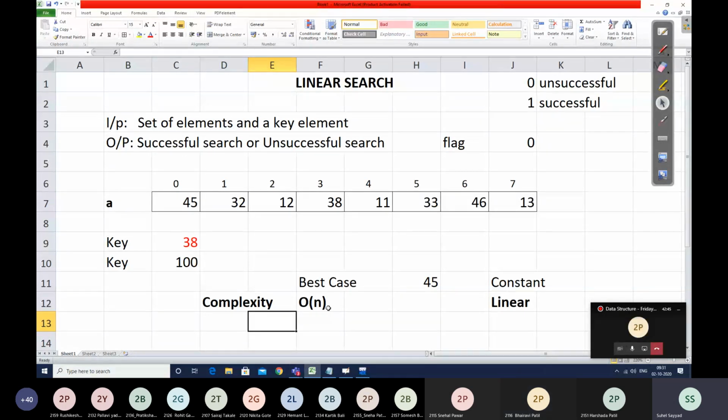Roll number 33. That roll number 59 has kept himself on hold. I don't know what he is doing. Rushikesh Patil has kept himself on hold. So he also doesn't want to attend this lecture, it seems. I am removing Rushikesh Patil from the lecture. The moment I started asking questions, he kept himself on hold. CR, you inform him that he was removed from the lecture because he had kept himself on hold.